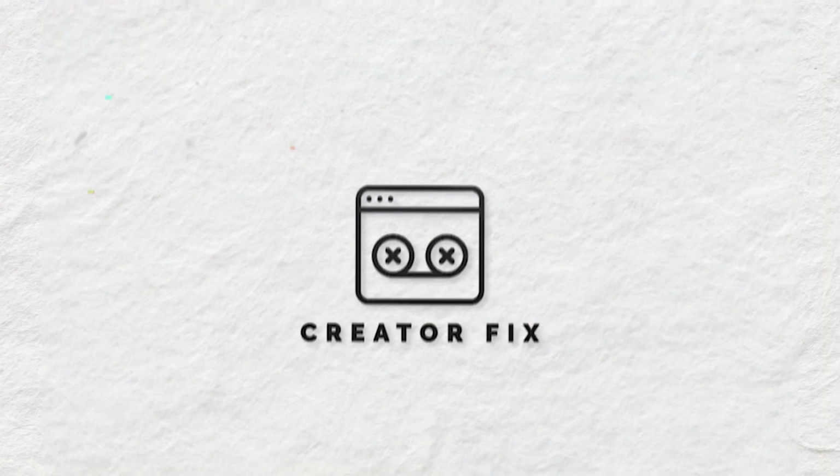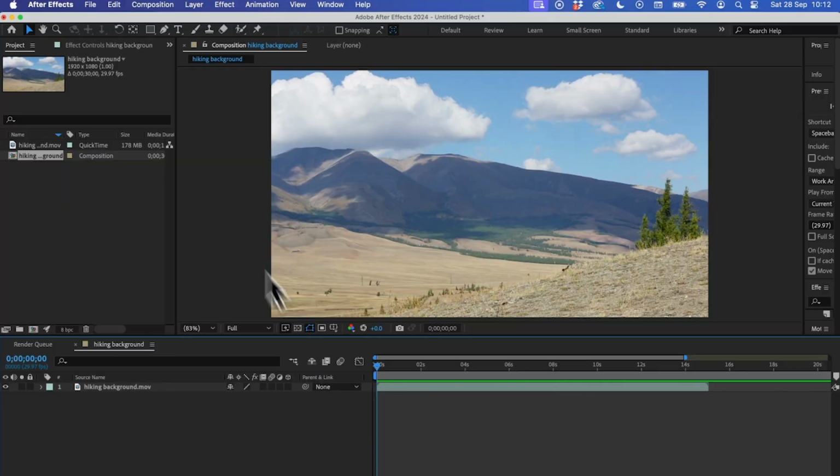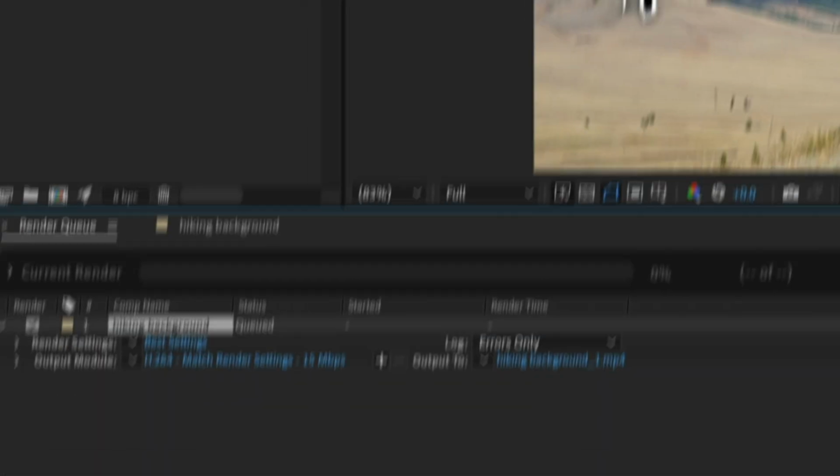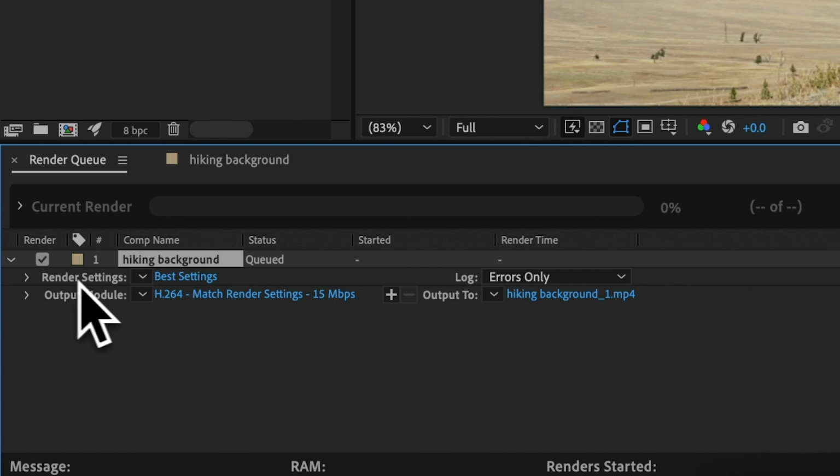How to export video in After Effects. Let's get into it. With your project open, go up to File, go down to Export and choose Add to Render Queue. Within the render queue, I'm going to keep my render settings as best settings, and I'm going to